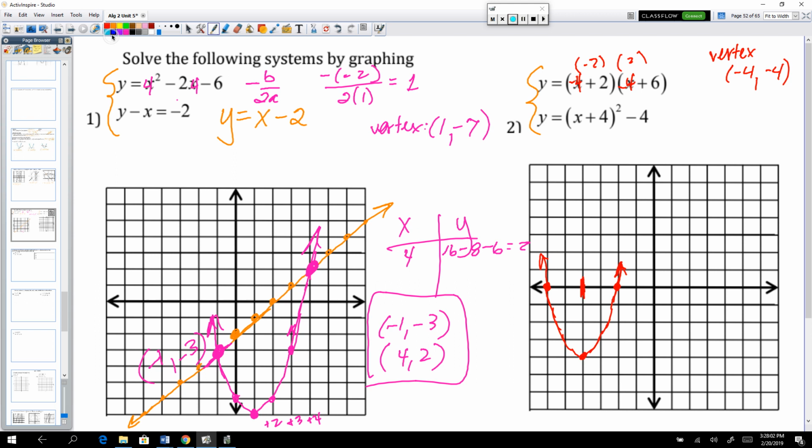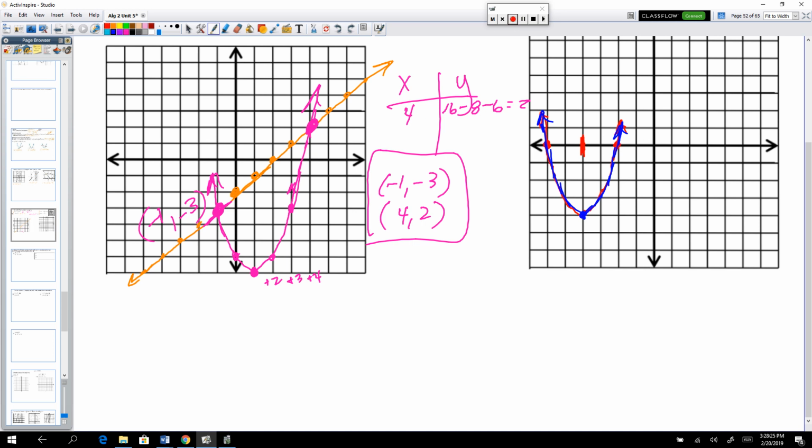So if we graph the other parabola in blue, we'll notice that this one has a vertex at, well, look at that. The vertex is at (-4, -4) again. It also has an A of 1, and so it actually follows the same set of points. So the solution to this system of two parabolas is actually an infinite number of solutions. So infinitely many